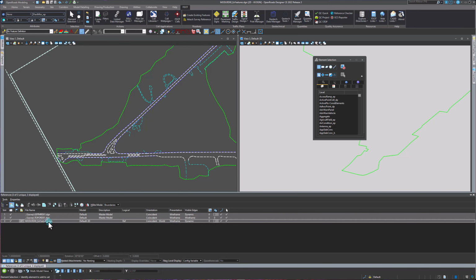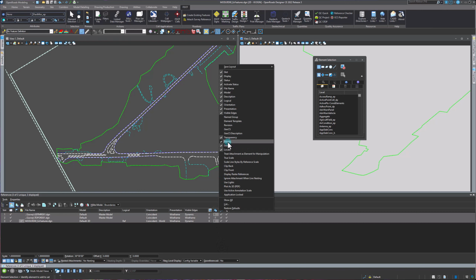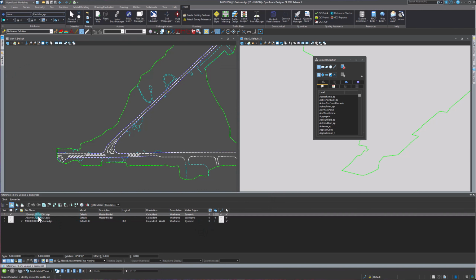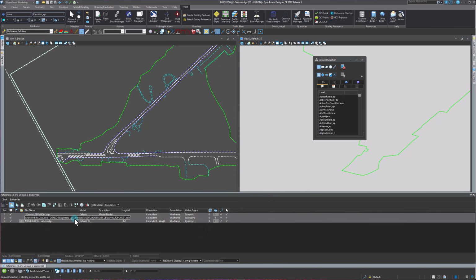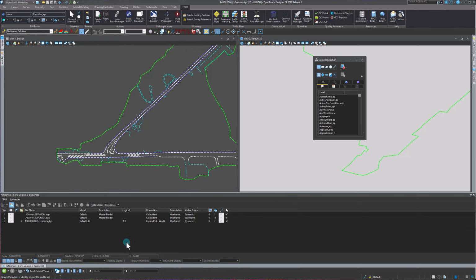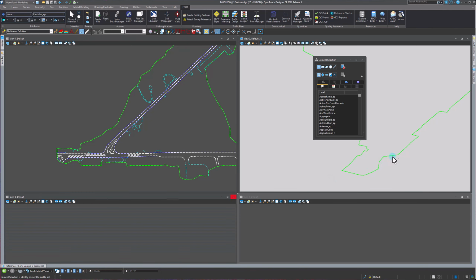And so I'm going to do what I usually do in my files. I'm going to set the priority to -1. So if you don't have priority, you can again right click up here and make sure priority is checked. And you can only set priority on 2D files because 3D is dictated by the third dimension